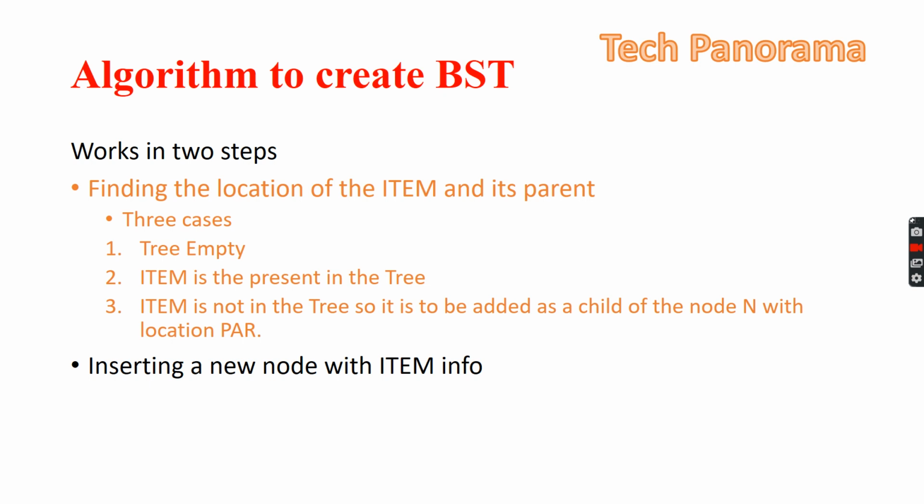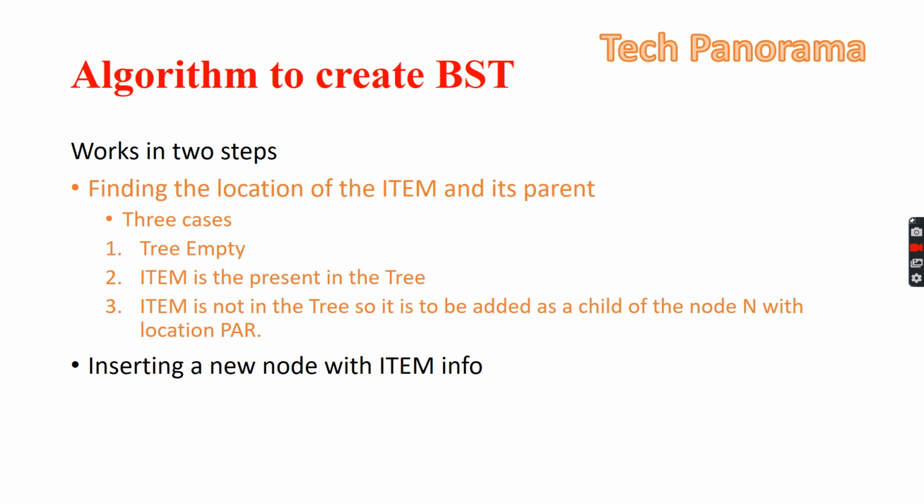If the tree is empty, then we have to insert the item at the root of the tree. But if the item is already present in the tree, BST also has a property that there is no need to repeatedly add the same values in the tree. Basically the binary search tree's purpose is to search for the element, so there is no need to store repetitive values. So if the item is already present in the tree, then we will not follow the insertion operation.